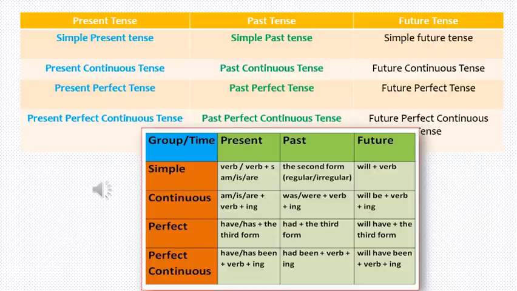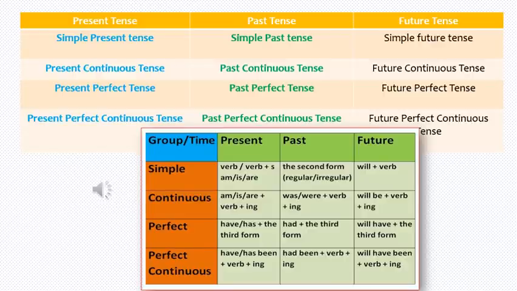And the third one is a present perfect tense. This tense is used to describe an action that had begun in the past, continues into the present, and has just been completed. The action is over. The time of occurrence of the action is generally not mentioned in this tense. This tense is also used to describe an action happened in the past before another action took place. For example, I have just completed my dinner. The action is over. I have just completed my dinner.